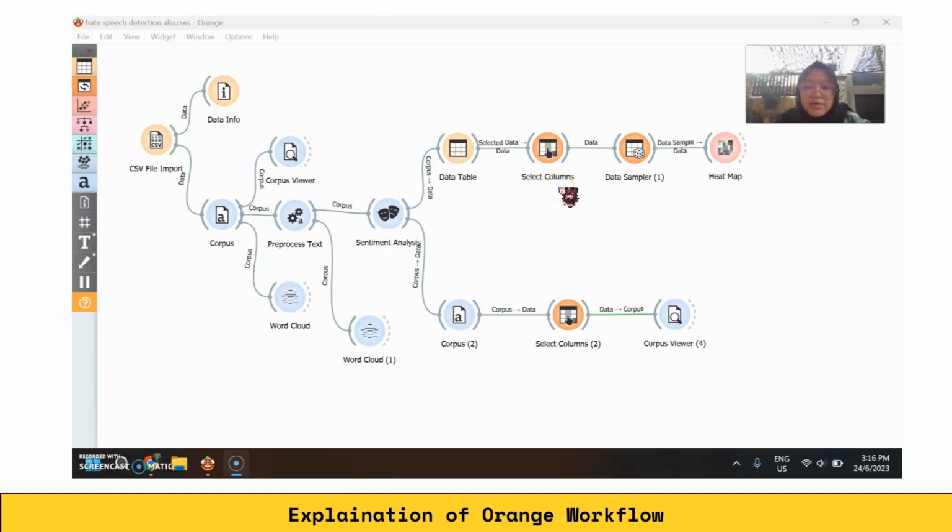So we select the most important columns that we want to observe. And then we connect into the data sampler. Data sampler selects a subset of data instances from an input dataset. And then finally we connect into the heat map, which plots a heat map for a pair of attributes.